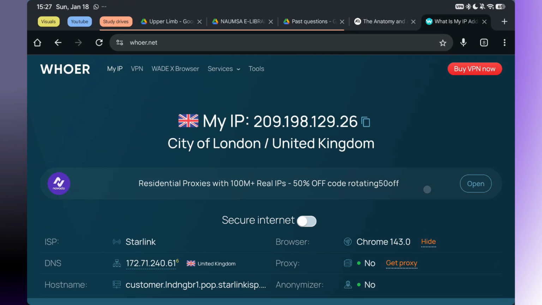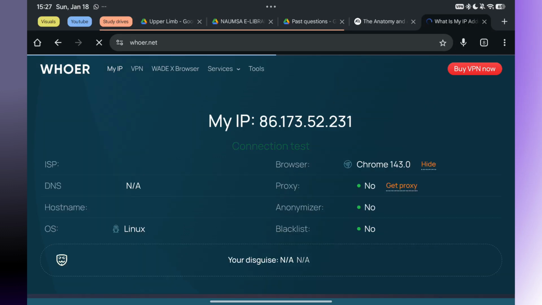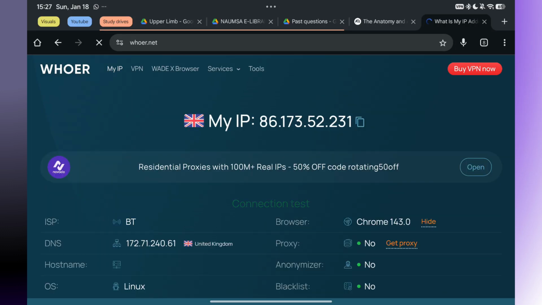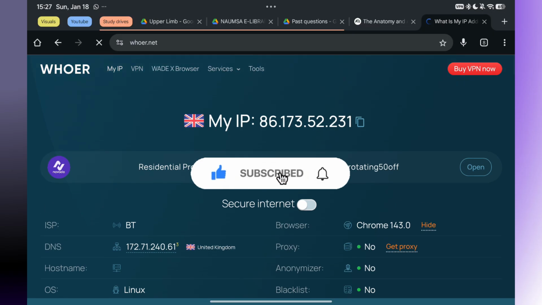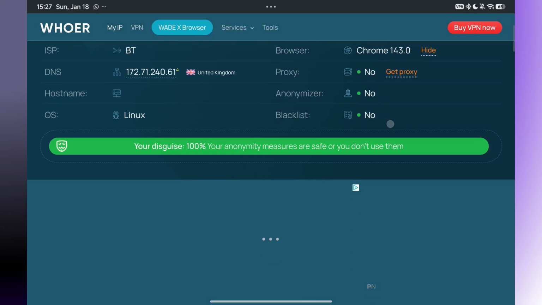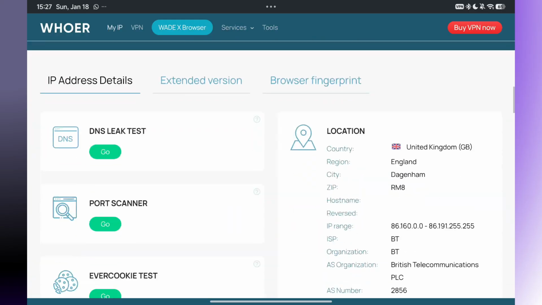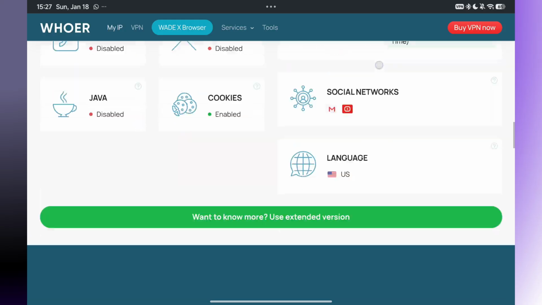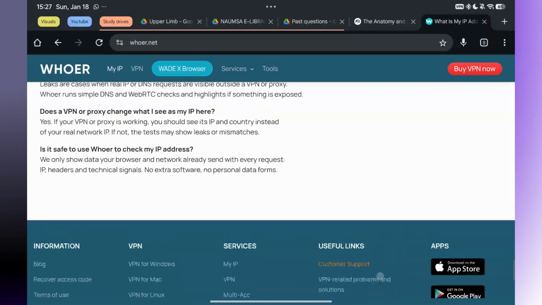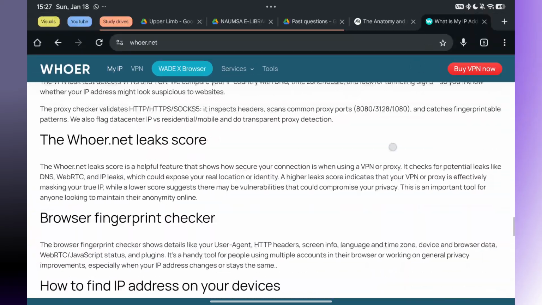Now I'm going to come back here to refresh the page. Yeah, remember I said BT. Now there are different types of internet service providers. British Telecommunications, you can see it. Now the full report from the beginning, you shouldn't have any issue on this particular site at all. You shouldn't have any issue on this site. Now BT, you can see it's